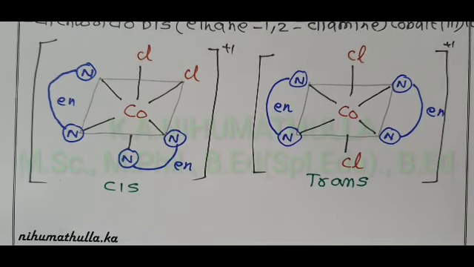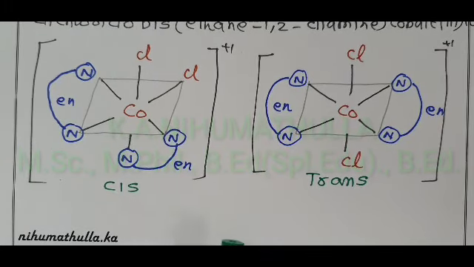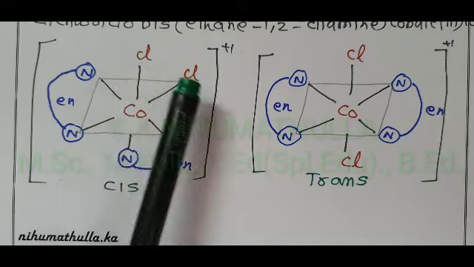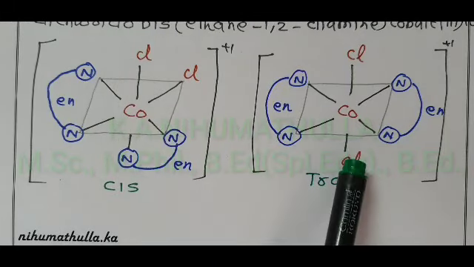So in octahedral complexes, simply we can say if 2 similar ligands are in 1, 2 position, it is cis isomer; in 1, 6 position,